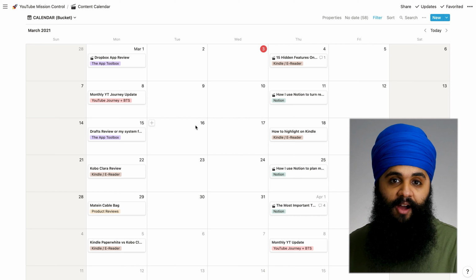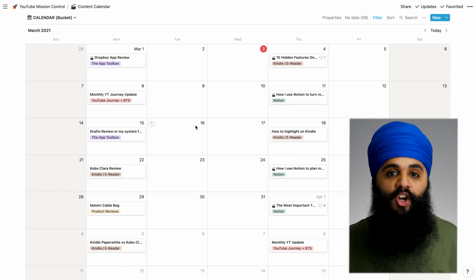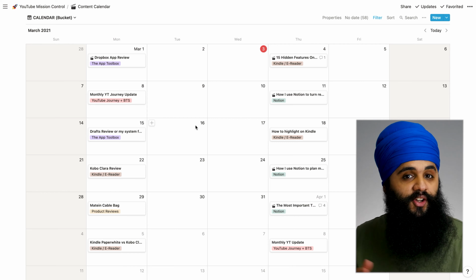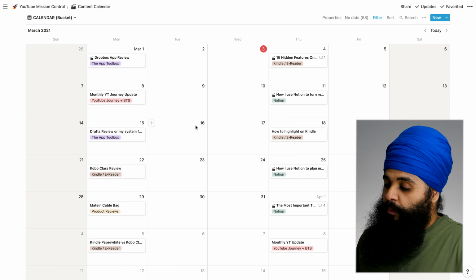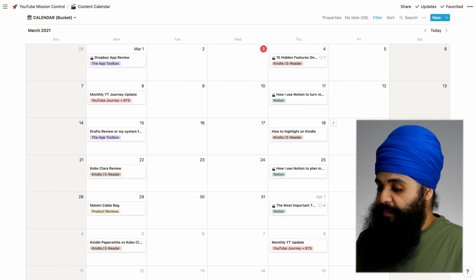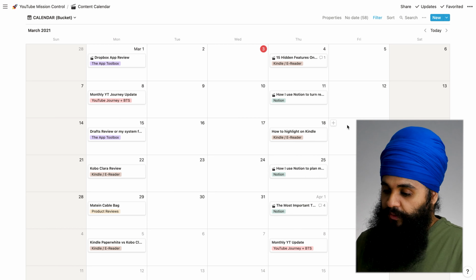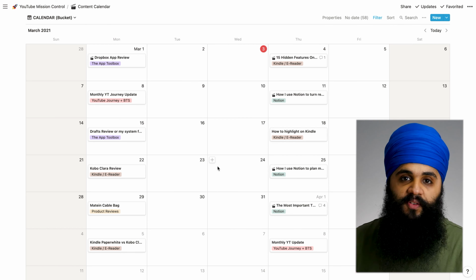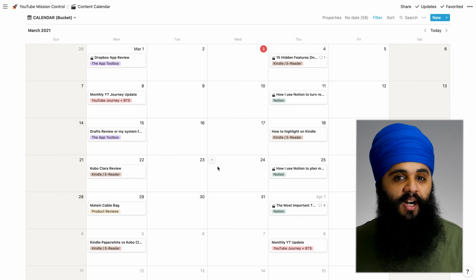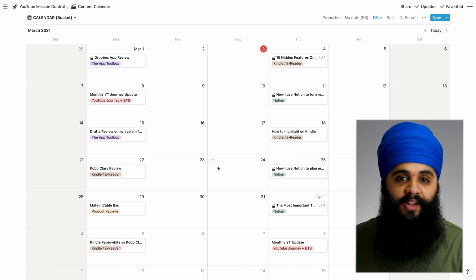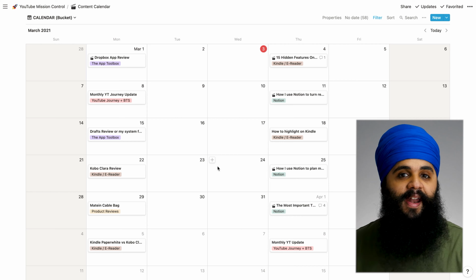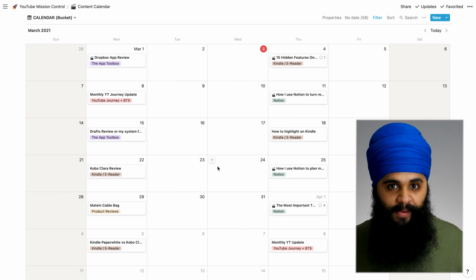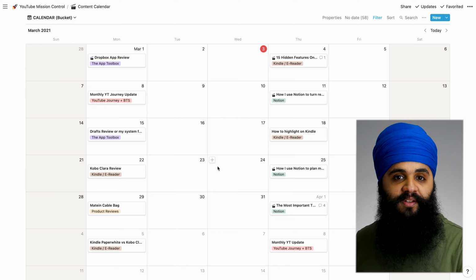I do move things around quite often, but this gives me a great plan for the month ahead. And you can also see the bucket in which the video falls under. So for example, I have Notion videos on the right side over here, and I have app reviews and product reviews and Kindle videos on the left side over here. This really helps me make sure I am not posting the same type of video over and over again. It helps me separate them out, space them out, and be more strategic of what kind of videos I'm publishing